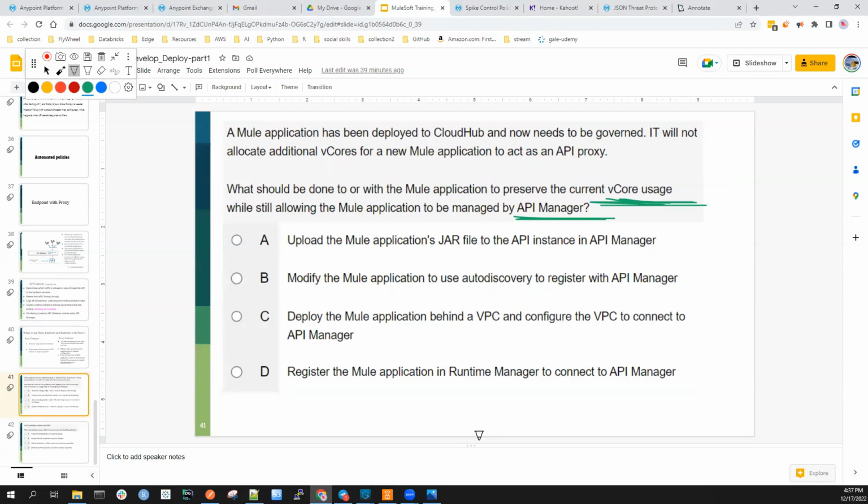So basically, you just might want to manage an API, but you don't want to use API proxy. So you have two options, either to use API proxy. So if you don't want to use API proxy because API proxy uses additional resources, what is the other option you have to manage it? Is what this is saying. So when you create an API manager, you use an endpoint without proxy, and to enable that, you have to